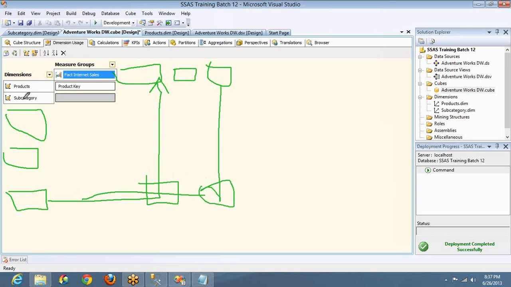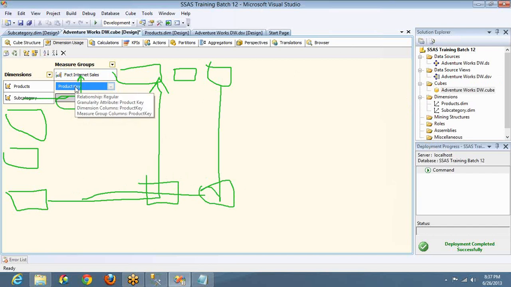Understood? Just like you have seen here, this dimension is going to join with this fact table based on the condition you are going to give here. Join type you are going to give here. This is the place where you are going to give the relationship. But if you see for product, it is already set. And if you keep your mouse on it, you can see the relationship type is regular, and attribute product key, attribute product key. It is giving you information on what basis it has set the relationship. And if you see this dimension to this measure group, there is no relationship set.